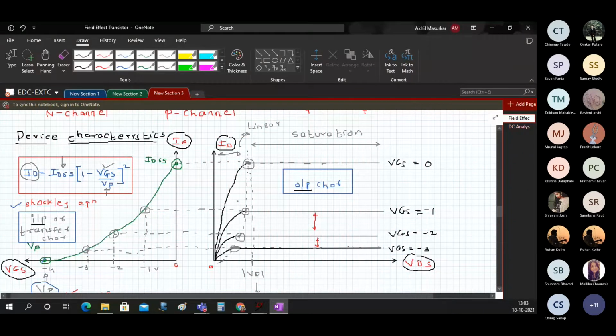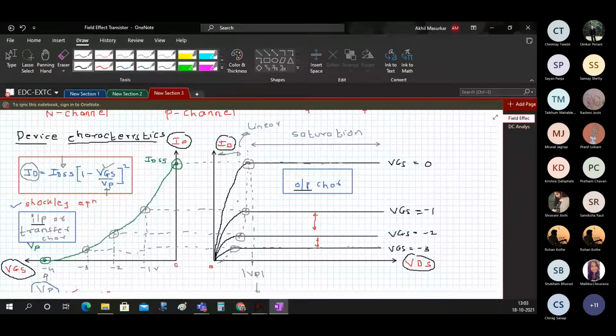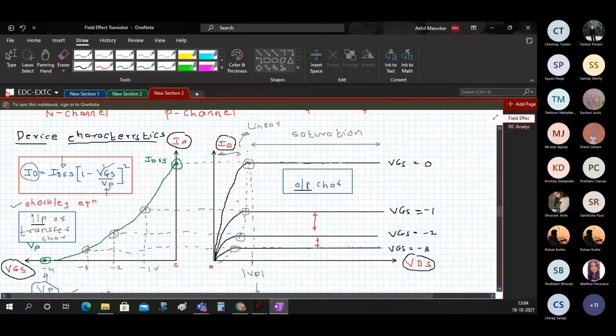And once we see the third device also, that is the MOSFET, we would then try to compare BJT, JFET and MOSFET based on their characteristics. So let's begin. So when it comes to input characteristics, I will just start SPICE.